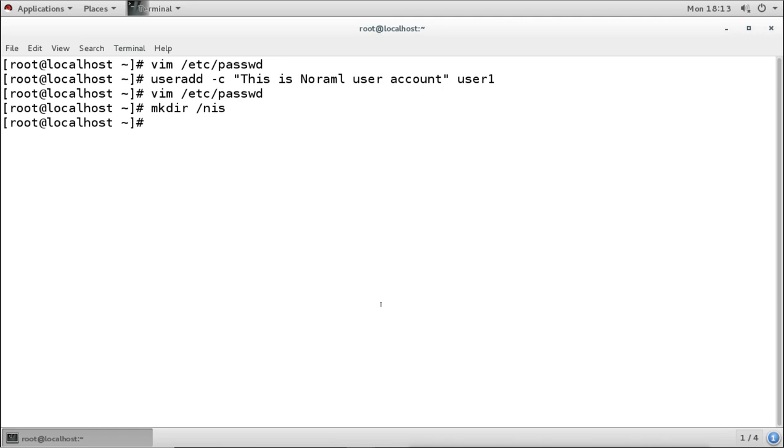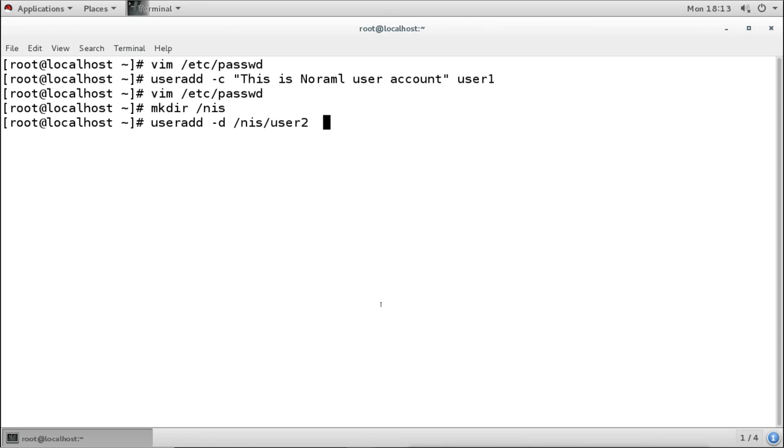But by default, whenever we create any user, the home directory will be created under /home. So I can create a user with the command option -d, and then I will mention where I want to create the home directory. So I want to create under this directory. Then I will mention the directory name. Now directory name will be the same as the username. So my username will be user2.